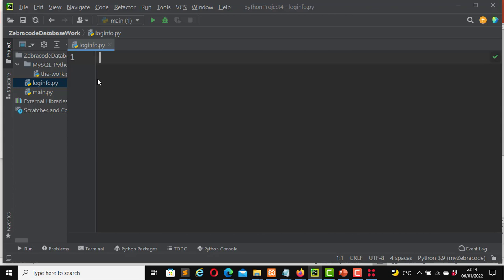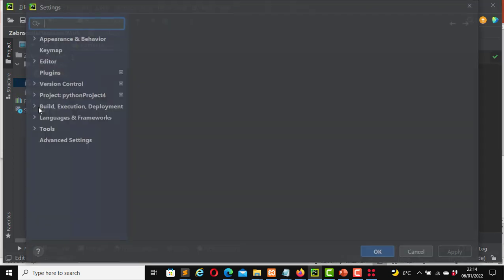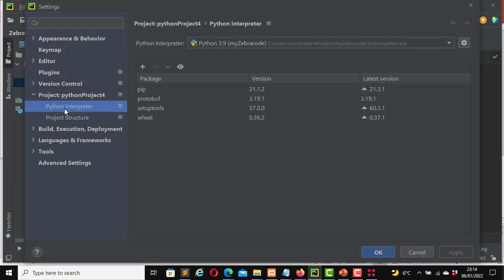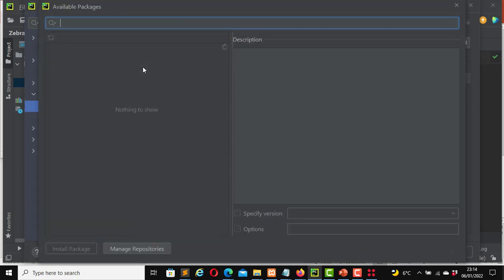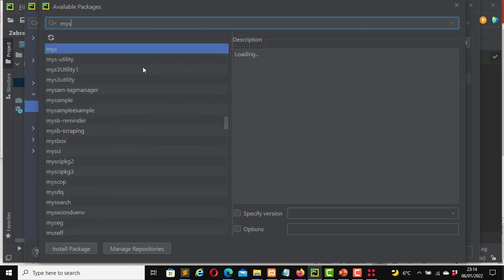The first option will be for us to go to File, Settings, then click on Python Interpreter. Here on this page, click on the plus sign, because at the moment I don't have the MySQL connector Python here. I need to install it, and to do that, click on the plus sign here and type in MySQL